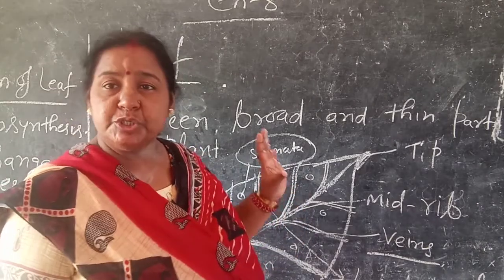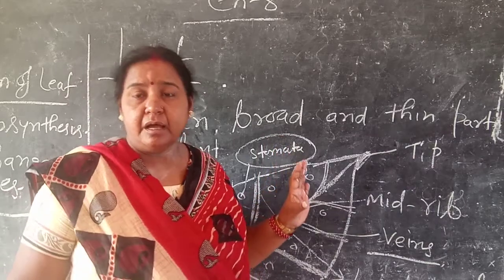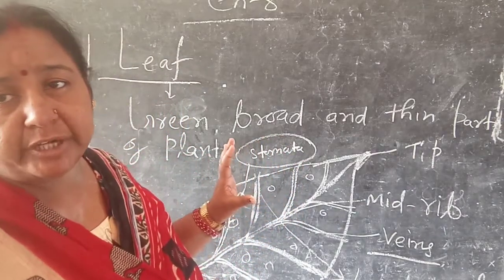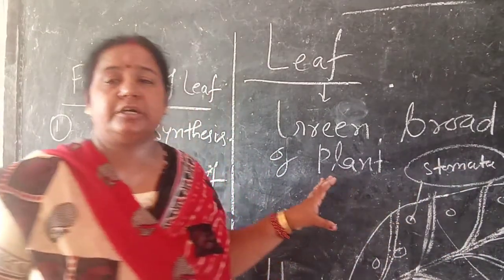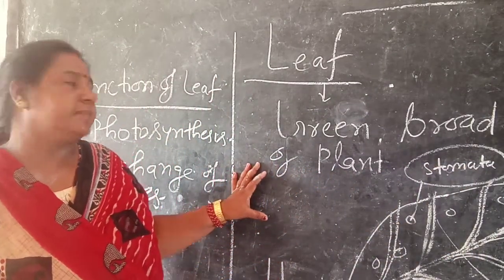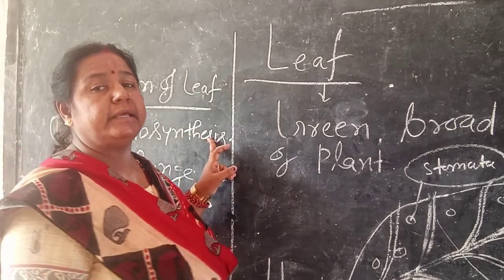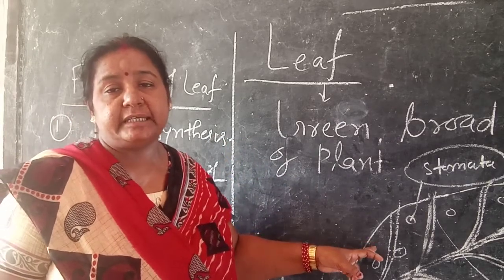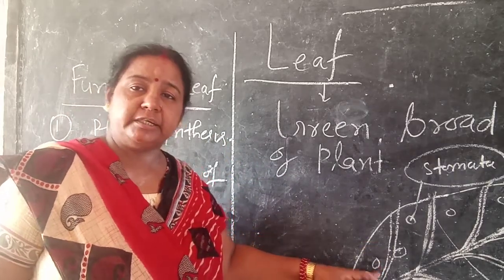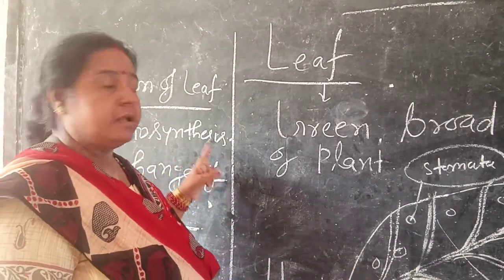Now, the chlorophyll. You know that the green part of plant is called leaf. Green plant is due to presence of what? Chlorophyll. Chlorophyll is the complex, that is the green pigment, and it makes the food for plant. That is photosynthesis work. That is food making process is done by the chlorophyll present in the leaves. Understand?